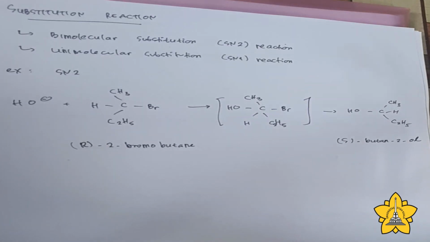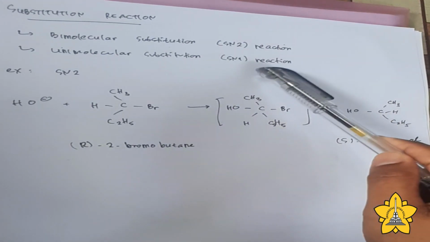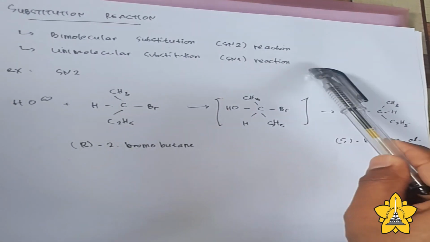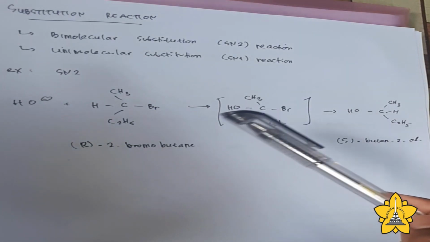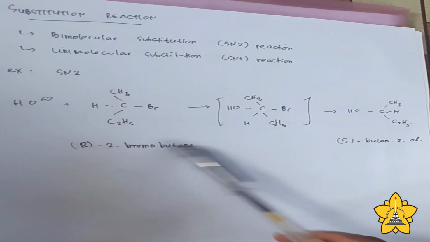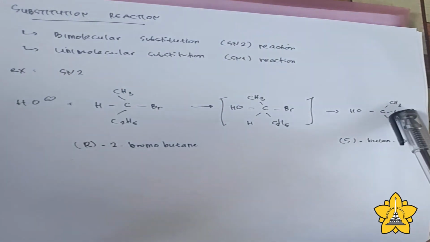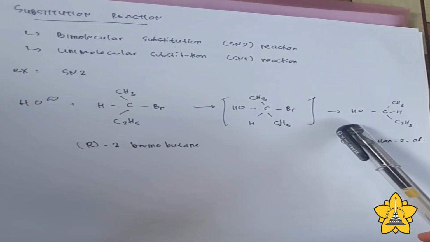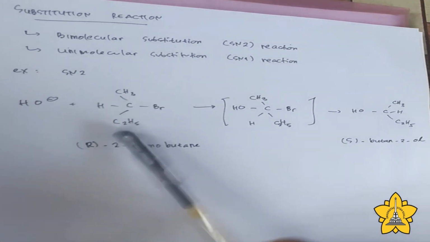And here is the substitution reaction example. As we know, we have two types of substitution reaction: nucleophilic substitution 2 and nucleophilic substitution 1. And for the example of nucleophilic substitution 2, we determine this reaction is nucleophilic substitution 2 because